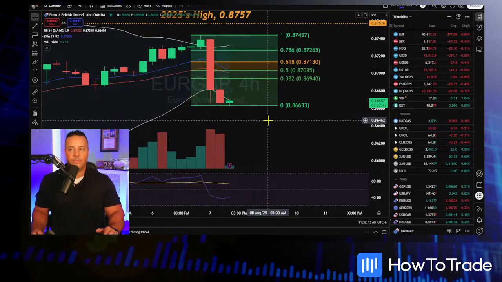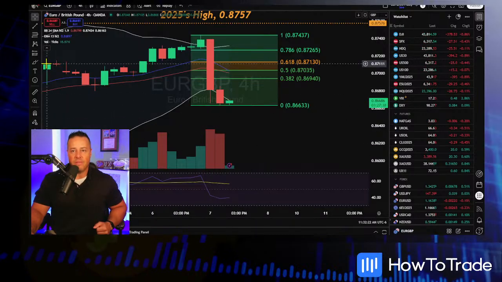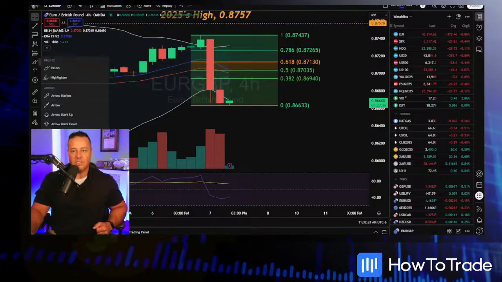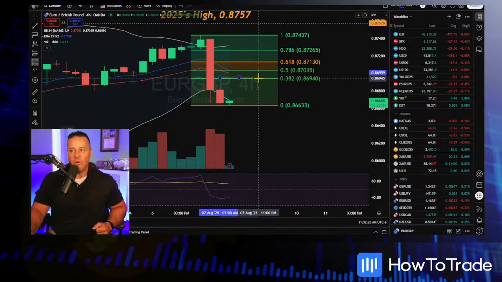Run with the pressure. Little pullback back there to about 87. Right now we're printing 86.68, so maybe like an 86.89, maybe an 86.90 sell. That zone right there is relatively solid. If you're looking to join the pressure, join the bearish pressure, we don't really see any reason why it would